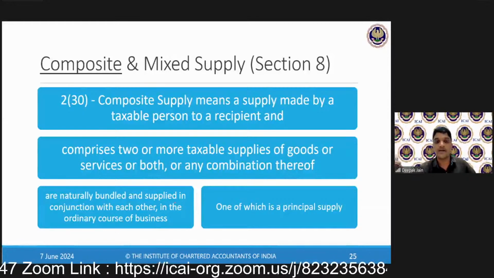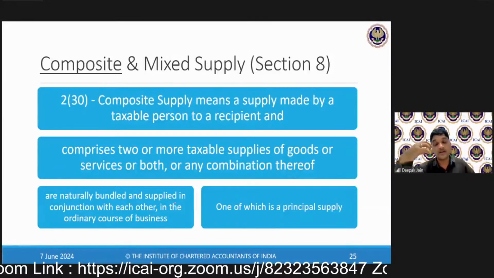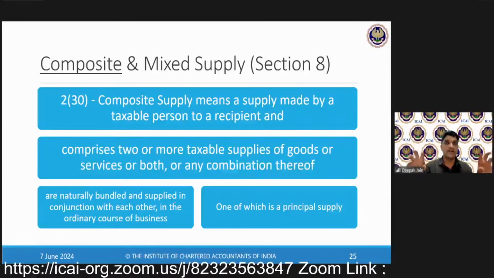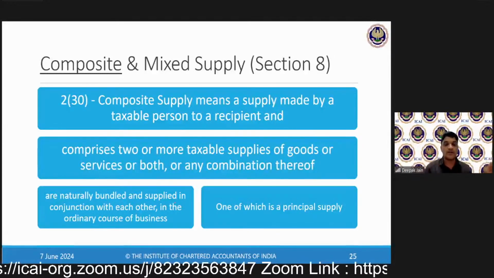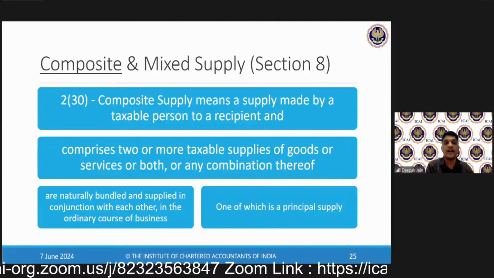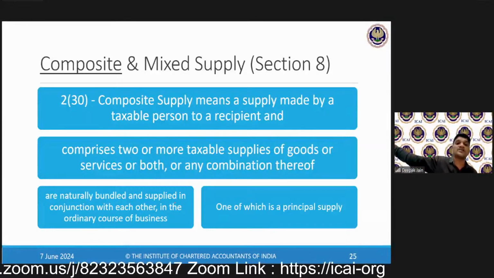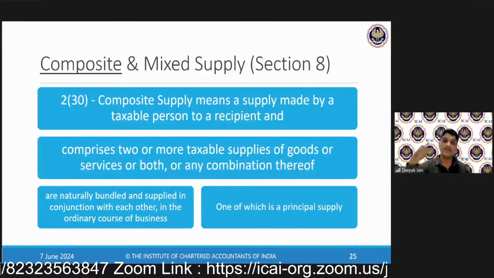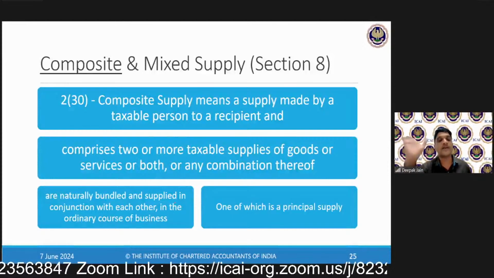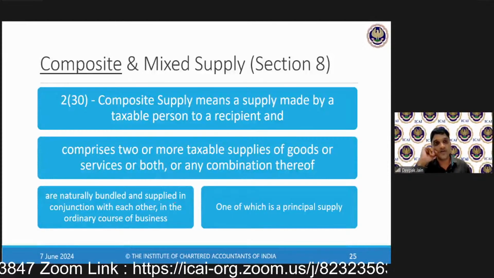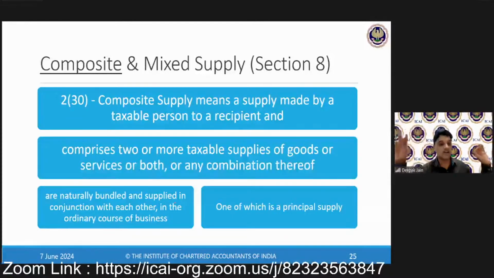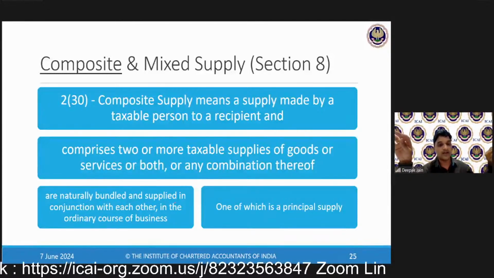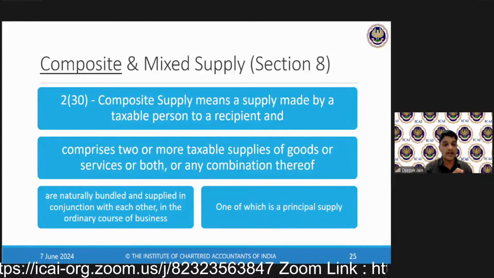Okay, so no separate negotiation for that supply of air conditioner with installation. So when the pricing is one, both of the services go hand in hand. I will tell him I have bought an air conditioner from my cousin. Now you come and do an installation. Will you do it? He'll tell me no, I will not do it. Only if you buy from me, I'll do the installation. So these are not independent. They are two separate supplies. Okay. Both are bundled together.